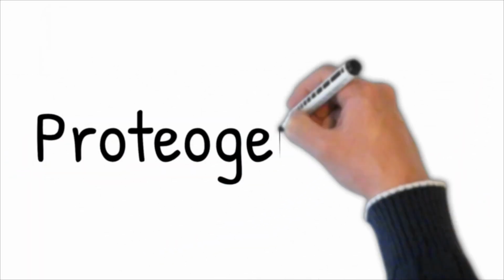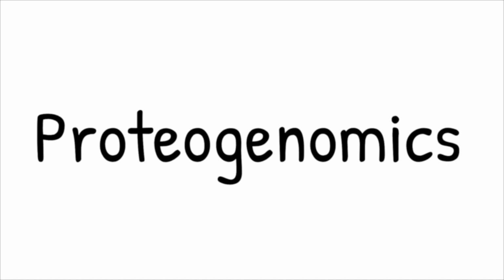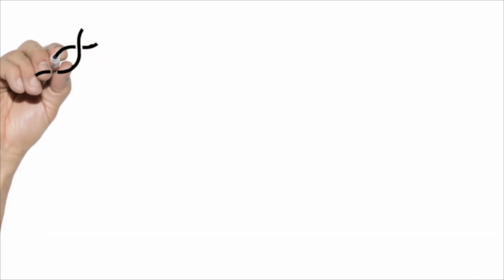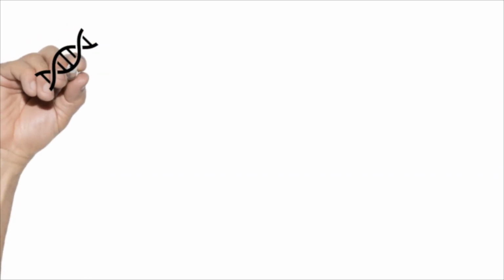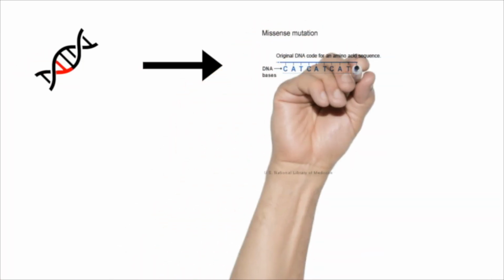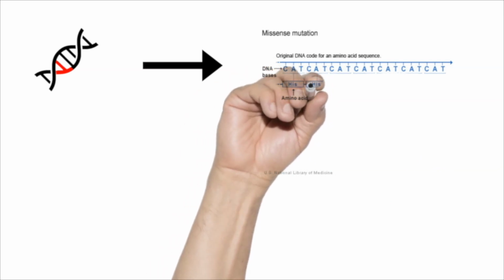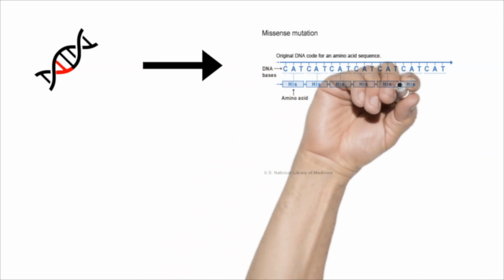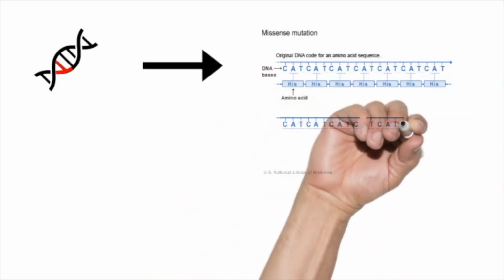metabolomics.usegalaxy.eu. Proteogenomics is a multi-omic approach, integrating genomics, transcriptomics, and proteomics approaches to identify proteins that are novel or variant. Genes that make up the genome carry information for expressing specific proteins. Any change in the nucleotide sequence of a gene can lead to a change in the sequence and function of a protein. Codons, which are formed by 3 nucleotides, code for specific amino acids that are the building blocks of